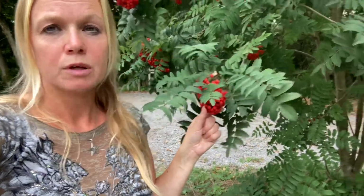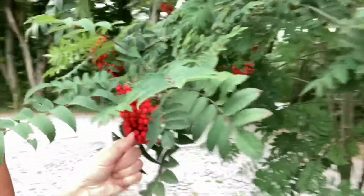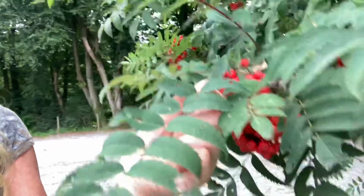I think the berries are one of the ways that we recognise the Rowan tree the best in the autumn, and they turn from this beautiful creamy white colour, beautiful flowers, into these red berries. We'll look a little bit more about why these berries are so significant. You can see an identification of the Rowan tree that you have